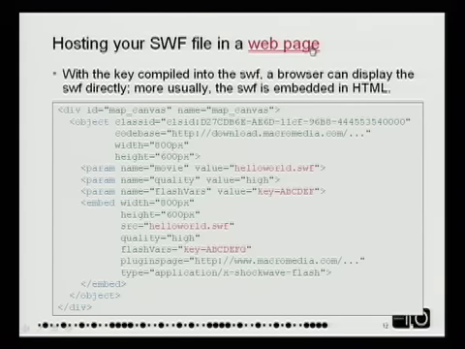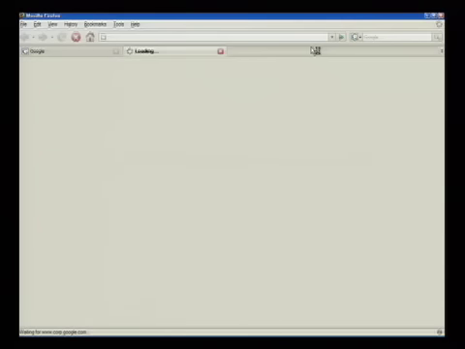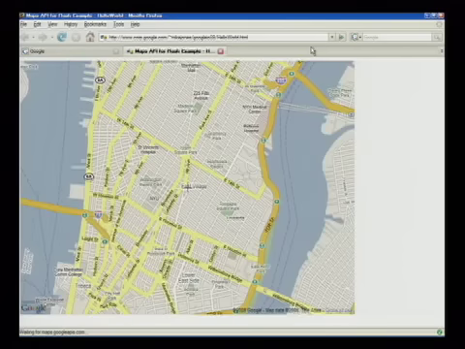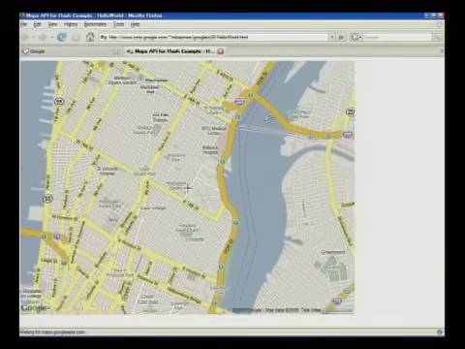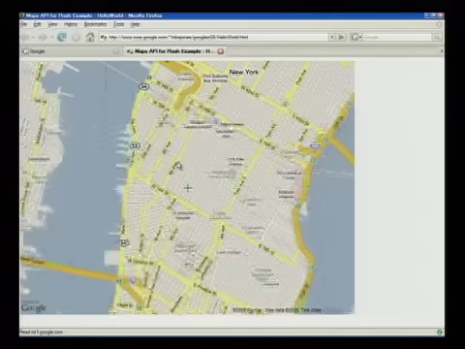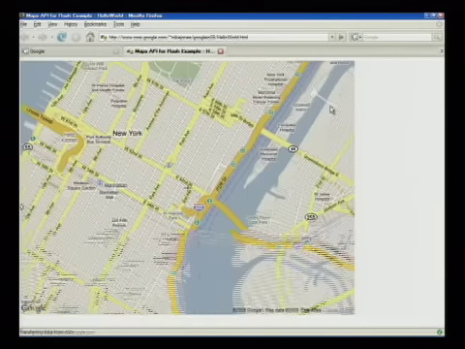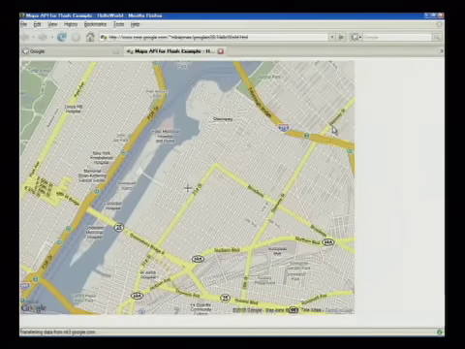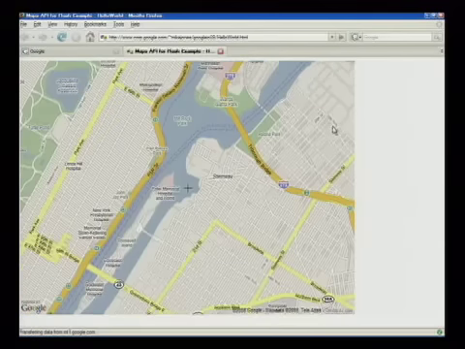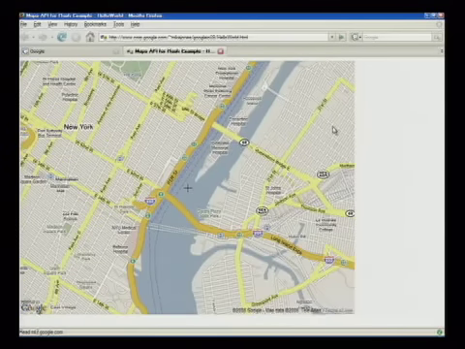Okay, I better actually show you a working map, which hopefully will start up in a few seconds. Okay, so with that few lines of code, you get a map with some basic functionality. So I can do things like drag it around. I've got some smooth panning, for example, keyboard events work,